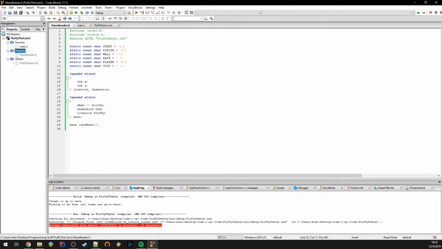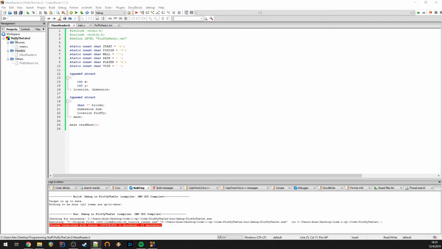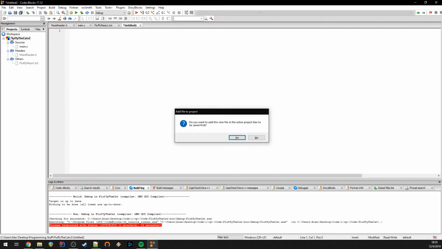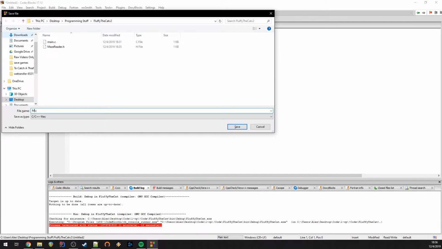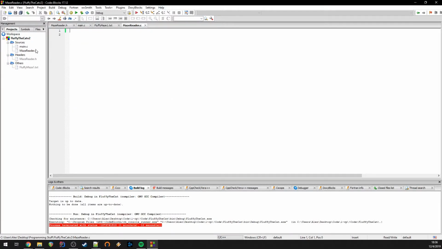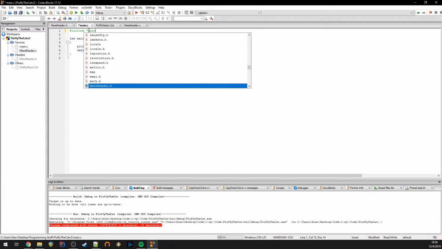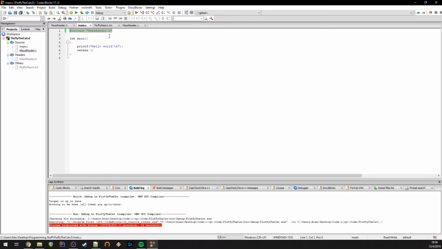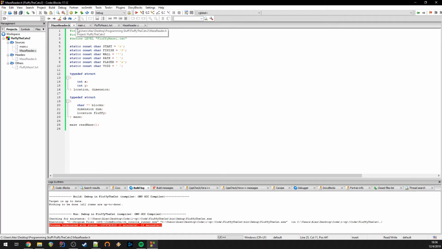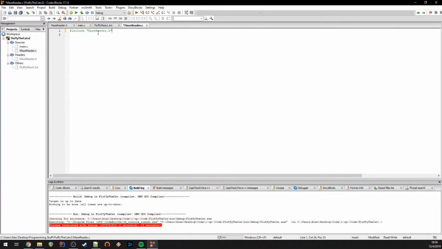Great. Now that I have this, I'm going to need to create a new file, which is going to be a C file, and let's just name it maze reader. Okay. And the main will include maze reader, and for now maze reader.c will also include maze reader. Okay, so let's implement that function read maze,